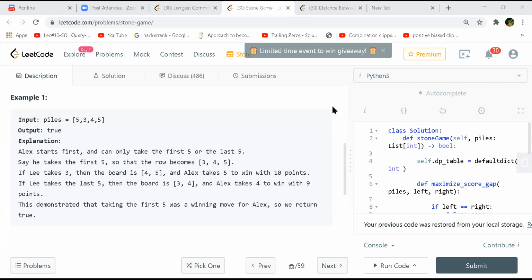So Santosh, you said that whatever top-down or bottom-up approach we did is used here, where we take the maximum difference of the two elements at the beginning and the end, and whatever is max, we pick that so that Alex wins at each iteration. But that is not the right approach, is that what you meant?